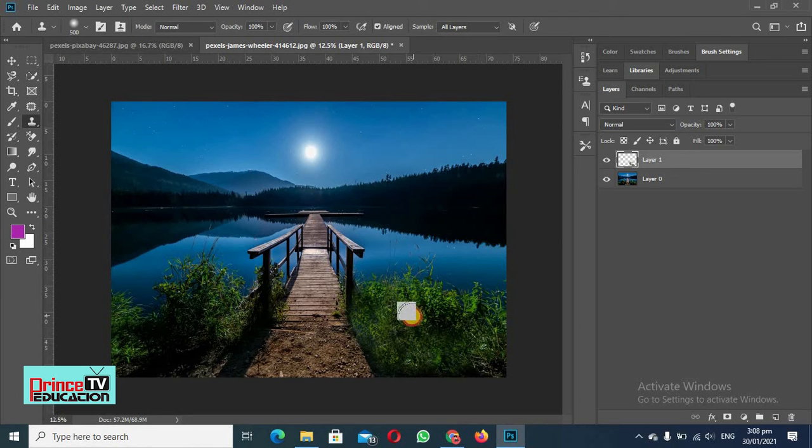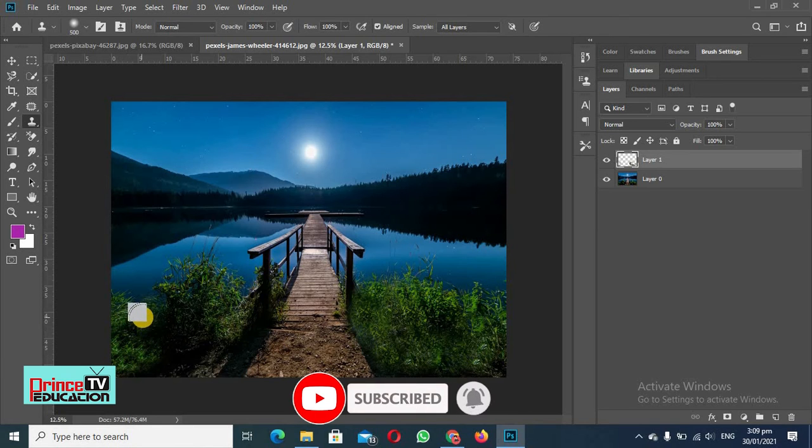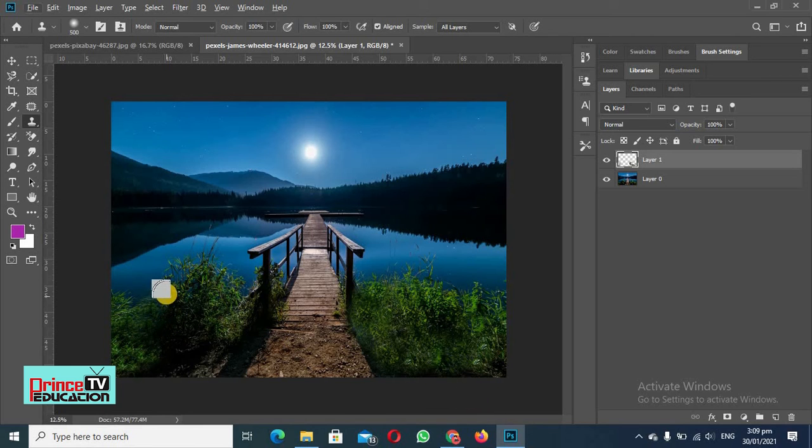So try to select areas very close to the place where you want to add these. Like if I have to add some grass here, I will select from here. I will press Alt, and then I will paste it here. If I have to add something here, I will select it from here, so I can paste it here. So we will select the area closest to the area where we want to add something. Like I have selected this and I am pasting it. So in this way, this looks more natural.